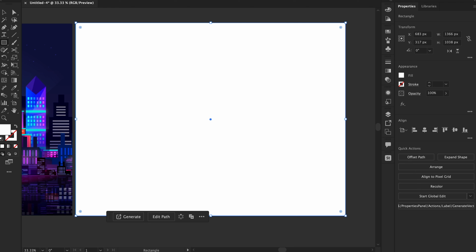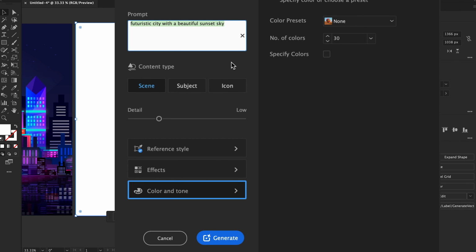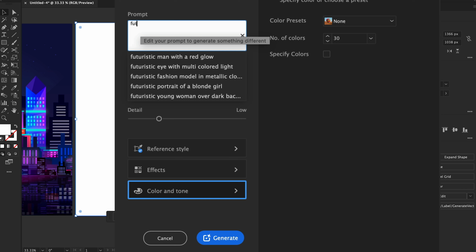And if you do not find it in the contextual task bar, you just go to object, and here you will find generate vectors, and it is just like Photoshop. But it is available in Adobe Illustrator Beta version. So simply write a prompt here. I write a prompt: